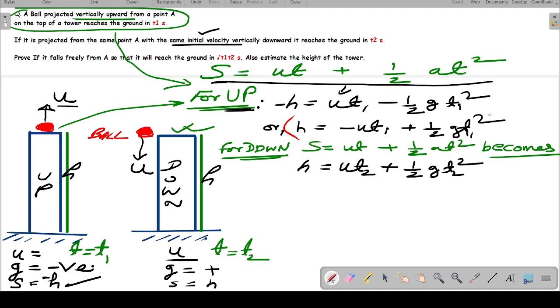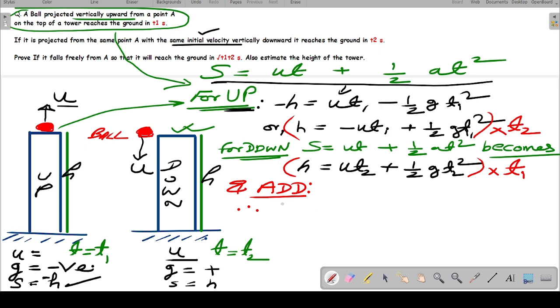Now multiply the first equation by T2 and multiply the second equation in the downward case by T1. Why are we doing it? Just to cancel out the terms with u, right? So after multiplying the first equation by T2 and the second equation by T1 and adding the LHS and